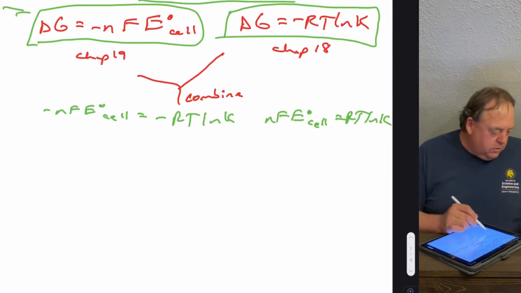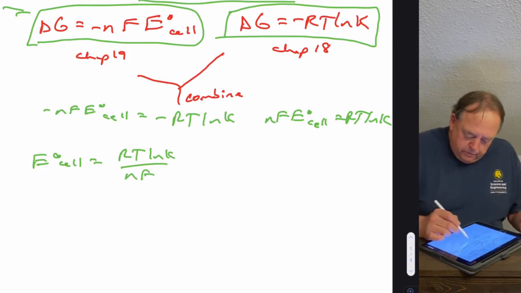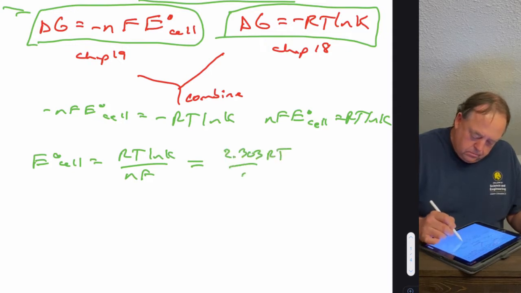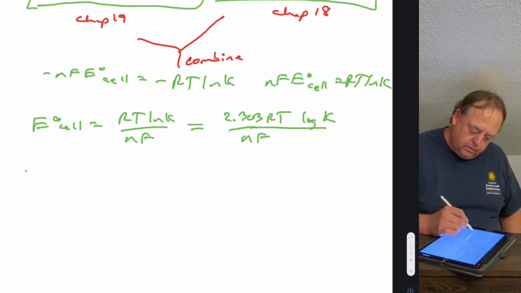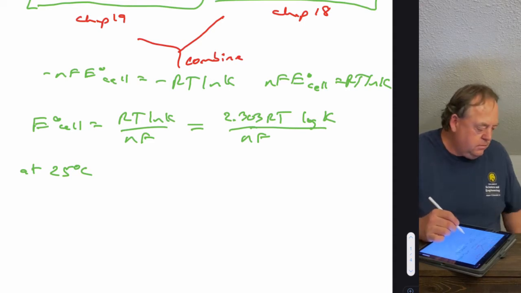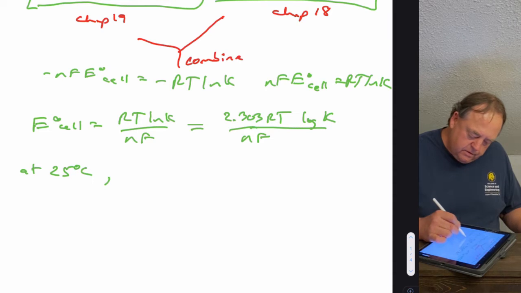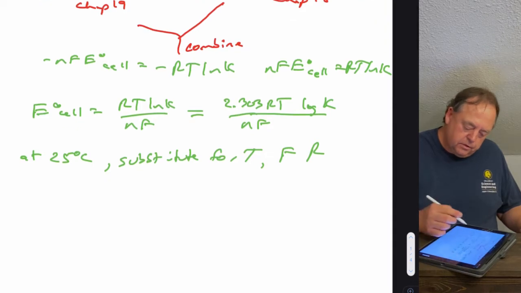And if we solve this for E0, E0 cell equals RT ln of K over nF. And if we convert natural log to logarithm, then we get that equation. And then we can simplify this a little bit further. So at 25 degrees Celsius, we can substitute in for T. Of course, we need to convert that to Kelvin and then substitute in. F is a constant, R is a constant. So if we make all of those substitutions,